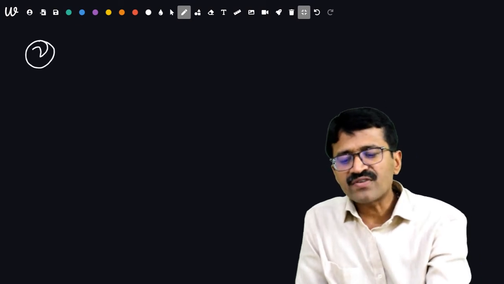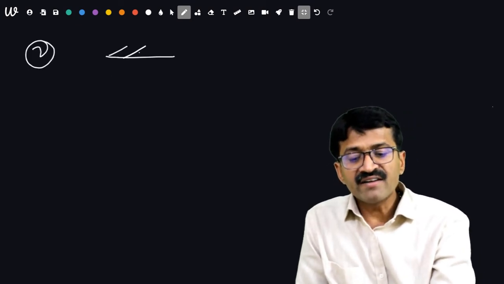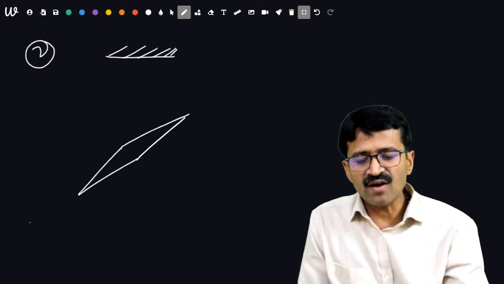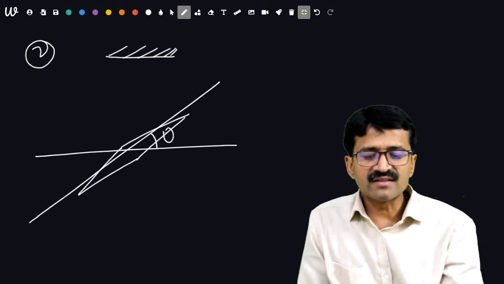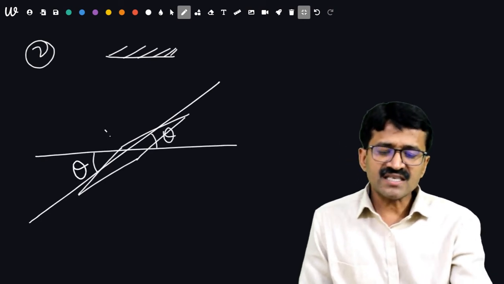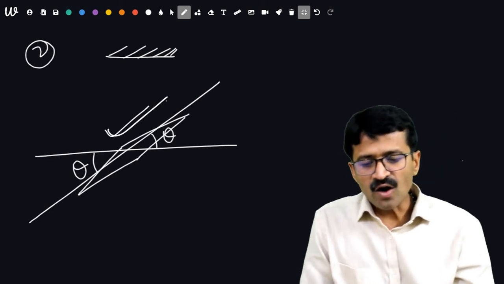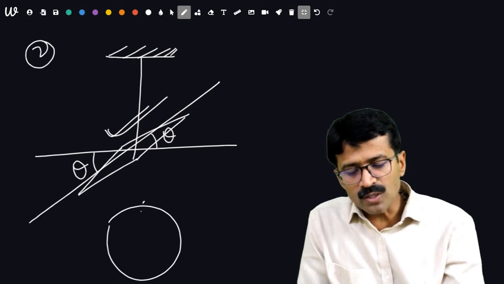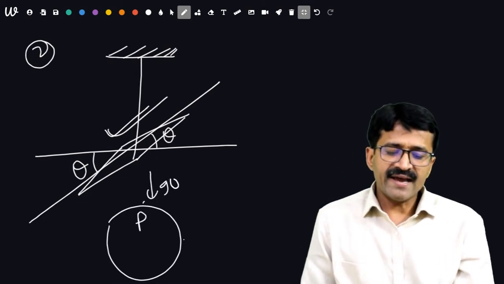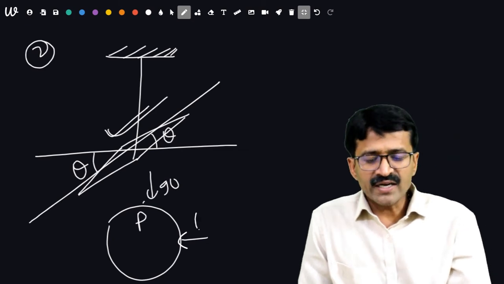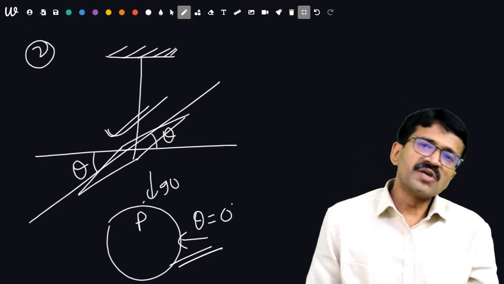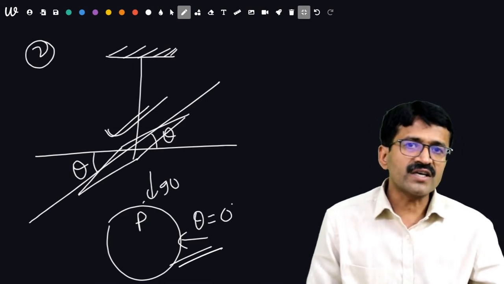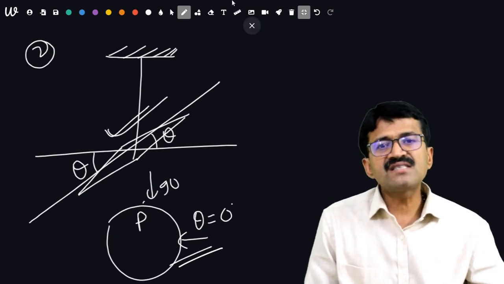Second is angle of dip. Angle of dip is whenever a magnetic compass or bar magnet is freely suspended, then it will always remain at certain angle theta with horizon. This angle of inclination is known as angle of dip. Whenever angle of dip is measured at the poles of Earth, it will be 90 degree, and whenever it is measured at equator, it will be theta is equal to 0 degree. Remember, it can be asked that whenever a bar magnet is kept on poles of Earth, what does it become? It becomes vertical, because angle of dip is 90 degree.